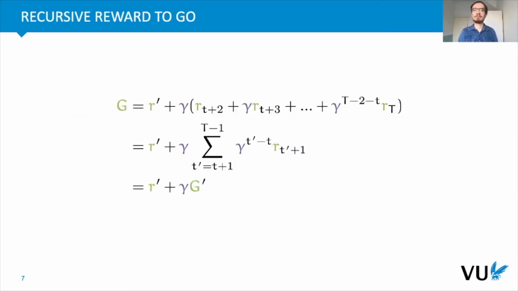We'll be going into a bit more mathematical section here. Be aware that we are not going to be asking very hard questions about this in the exam, so don't worry if you cannot fully follow it. Next, we're going to discuss how we can compute the reward to go G recursively, which basically means that G